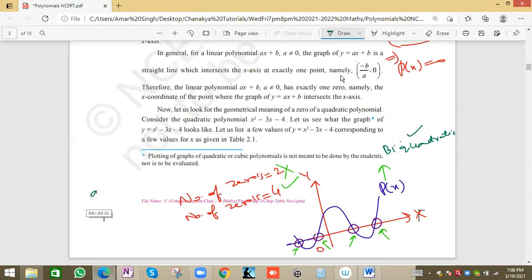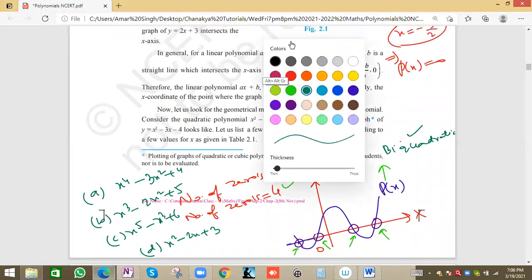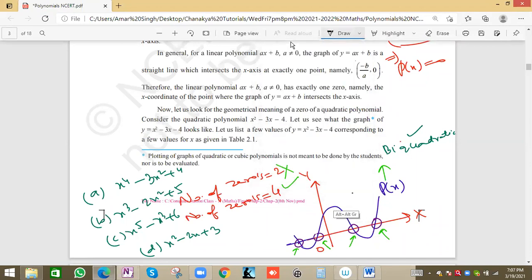In the exam they can also give options. Suppose our options are: x^4 minus 3x square plus 4 is one equation, then x^3 minus 2x square plus 5, option C, x^5 minus x^3 plus 6, option D, x square minus 2x plus 3. These 4 options they can give, and they will ask what is the equation of the given curve, that is the given polynomial p(x). Which will be the first one, because the degree will be 4, the maximum power is 4.